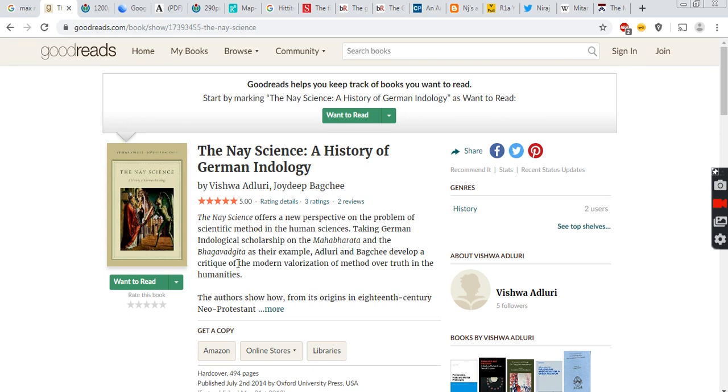So if you see this book by Vishwa Adluri and Joydeep Bagchi, Vishwa Adluri, who is a researcher at Hunter College in New York, is a professor there. So he and Joydeep Bagchi have written this very wonderful book called The Nay Science, which basically lays out how this whole understanding of the Indian text is basically corrupt,